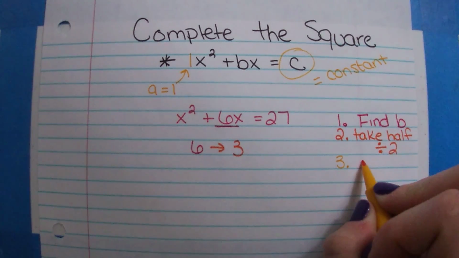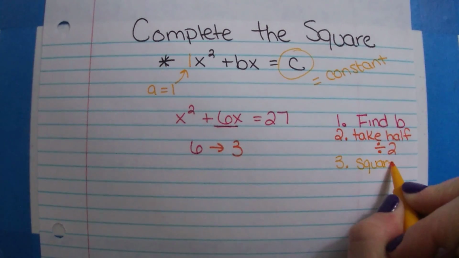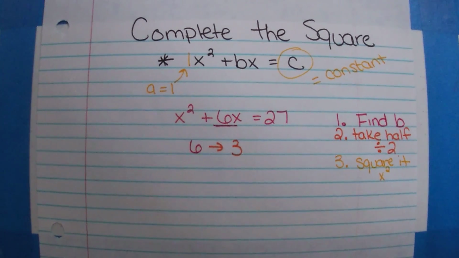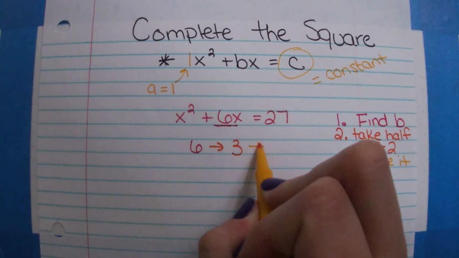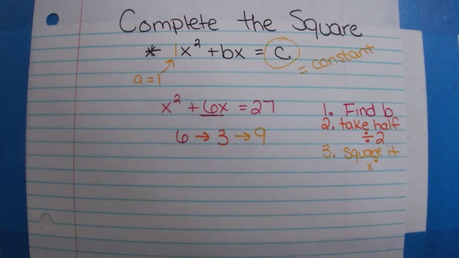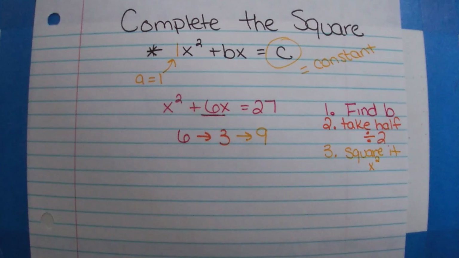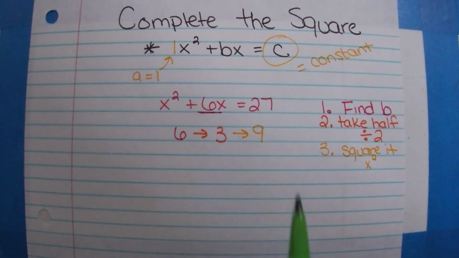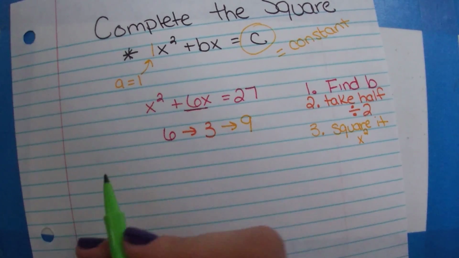Step 3, we are going to square it. Not square root it, but square it. So we are going to give it an exponent of 2. So we are going to take 3 and we are going to square it, which gives us 9. Okay, getting these 3 pieces right here is the key for everything else to work. So let's make sure we understand how we get that number and where it comes from by just looking at a couple examples here. So let's say I gave you something like